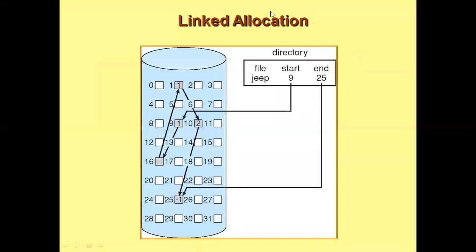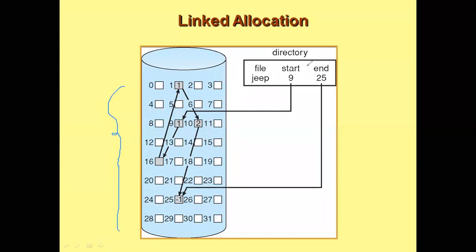Okay, so this is a disk drive. Okay, and we have numerous blocks over here, and in the directory information we'll have the name of the file and the starting address and the ending block address. Okay, so since the starting address is 9 here, let us assume that the file starts at the 9th block, and then this block will have 2 things. Okay, so one is a pointer to the next block and then the information of that particular block.